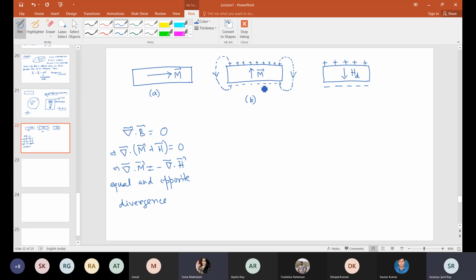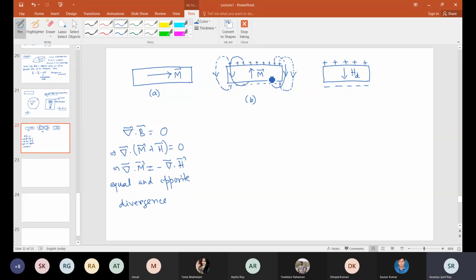Now if you think of that, I have this one line, from here I have another line, and from here another line. All these tiny contributions will add up, and effectively we will have a magnetic field that is opposite to the direction of M. So this is basically demagnetizing the material, and we call it HD. Simply, if there is a magnetization, there will be a field associated with it.